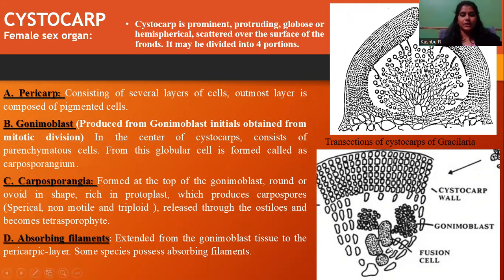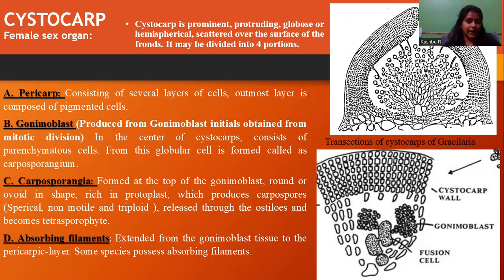Gonimoblast is again present in the center of the cystocarp, which is made up of parenchymatic cells, and it has globular cells in that, which leads to the formation of carposporangium on the top. Always gonimoblast will have a carposporangium on top of it. This carposporangium only produces carpospores. These carpospores are round in shape, they are rich in protoplast, and they are non-motile, spherical in shape,